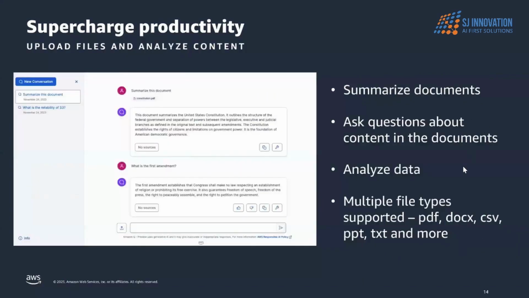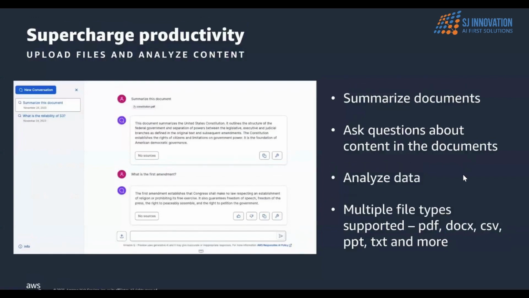So another cool feature over here in Amazon Q is file upload. When we use ChatGPT or Bard, we only give text input. We normally don't have the feature to upload a file. So here we can upload files to Amazon Q, and maybe ask questions like analyze this file or tell me the contents of this file. You can even upload the same file in different versions and ask it to tell me the difference between these two files, what things have changed. So multiple file types are supported for now: PDF, docs, CSV, PPT.